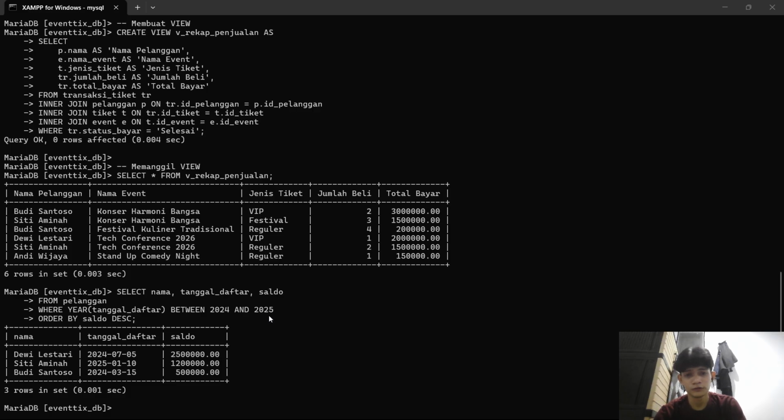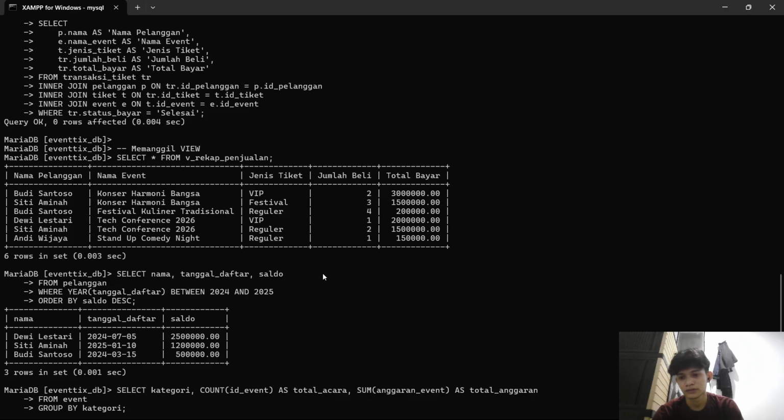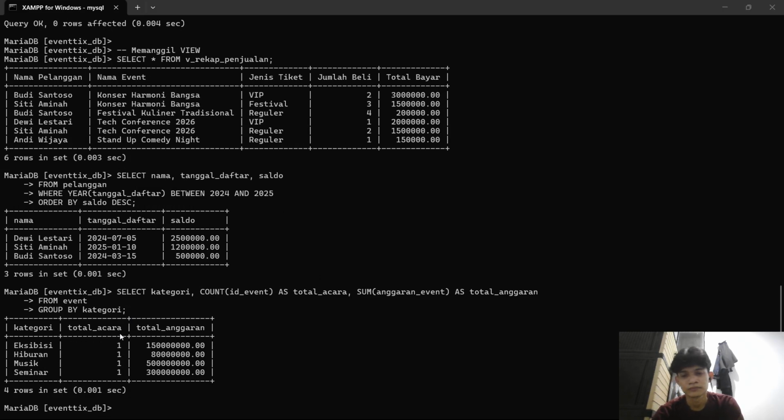Then we use the count function to calculate the total number of events and the sum function to calculate the total budget allocated for each category.